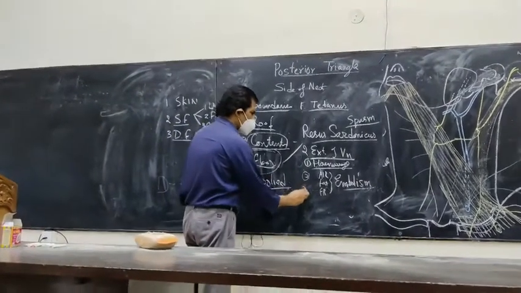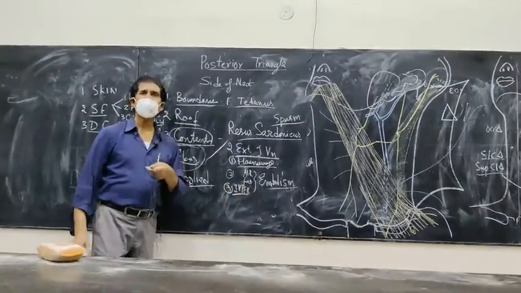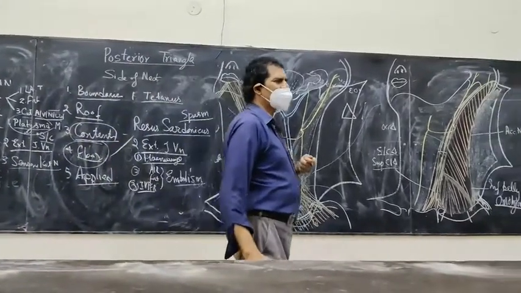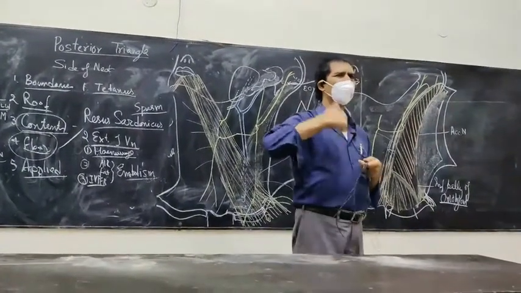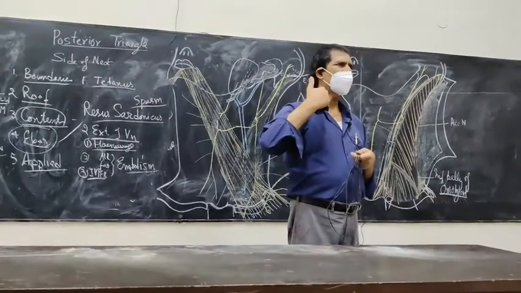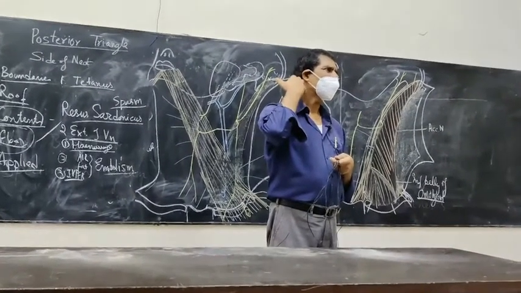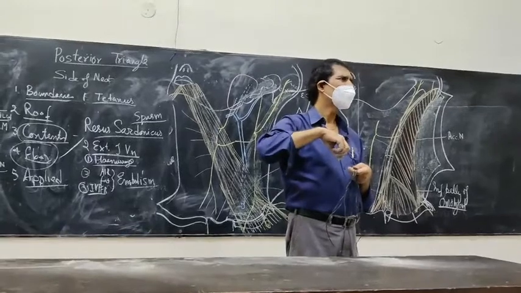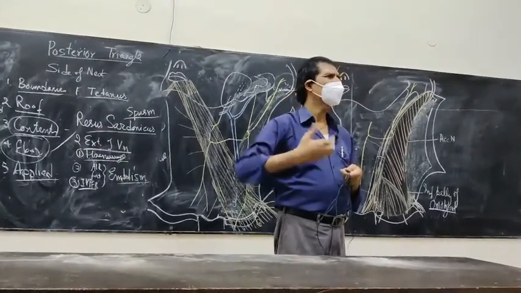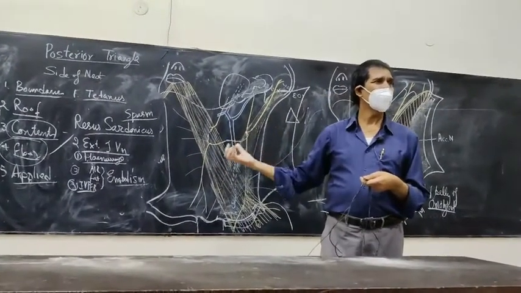Another importance is the JVP, jugular venous pressure. Sometimes the cardiac surgeons or the physicians require the pressure in the right atrium, where the superior vena cava opens. So we prefer the right external jugular vein, and we measure the pressure there. We do not have to go into the right atrium. Whatever pressure is in the right external jugular vein, the same will be in the right atrium. So that's why this vein is used for measuring the JVP.